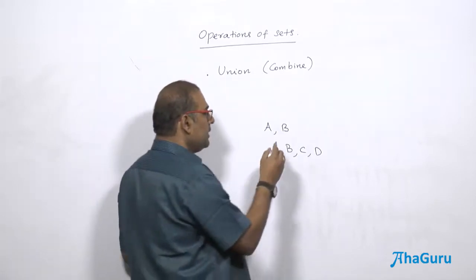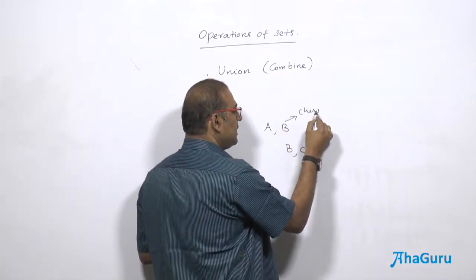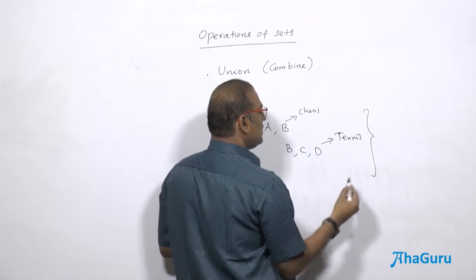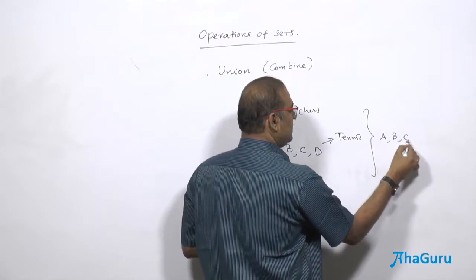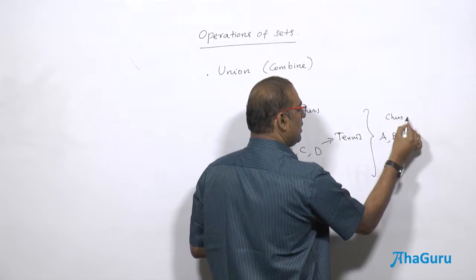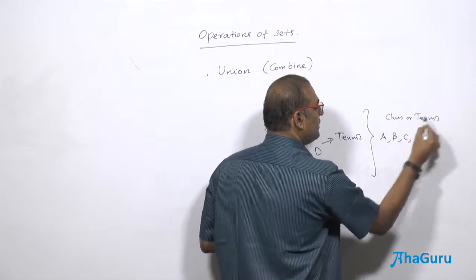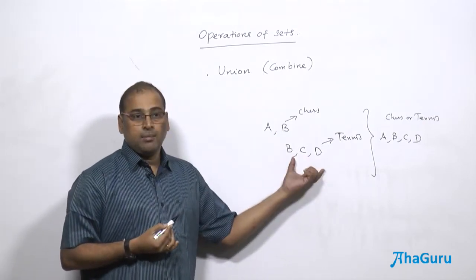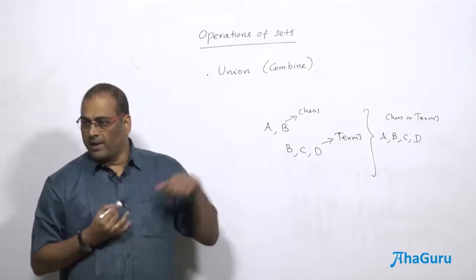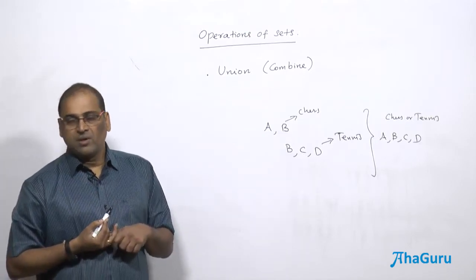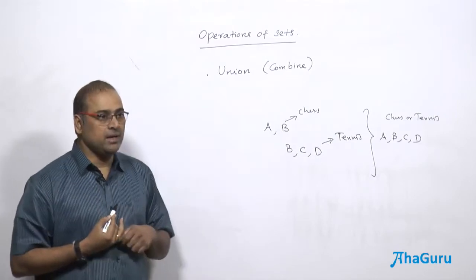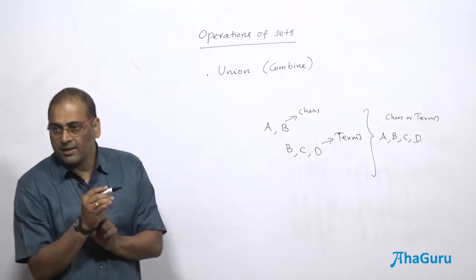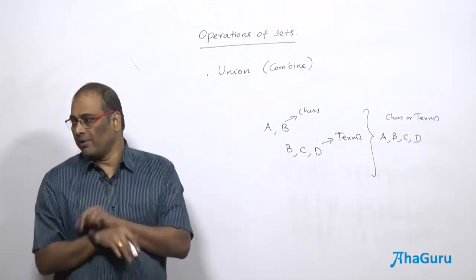When you are combining, follow this simple example. These 2 people like chess, these 3 people like tennis. Then together, chess or tennis, A, B, C, D like chess or tennis. So the 2 and 3 gives only 4 in this case. Or there is a possibility that all the 3 people who like tennis are different from the chess, then you will be getting 5. So when you are combining, it's called union. That means there could be something common also. But in addition, when you say 2 plus 3, they are distinct, no common.